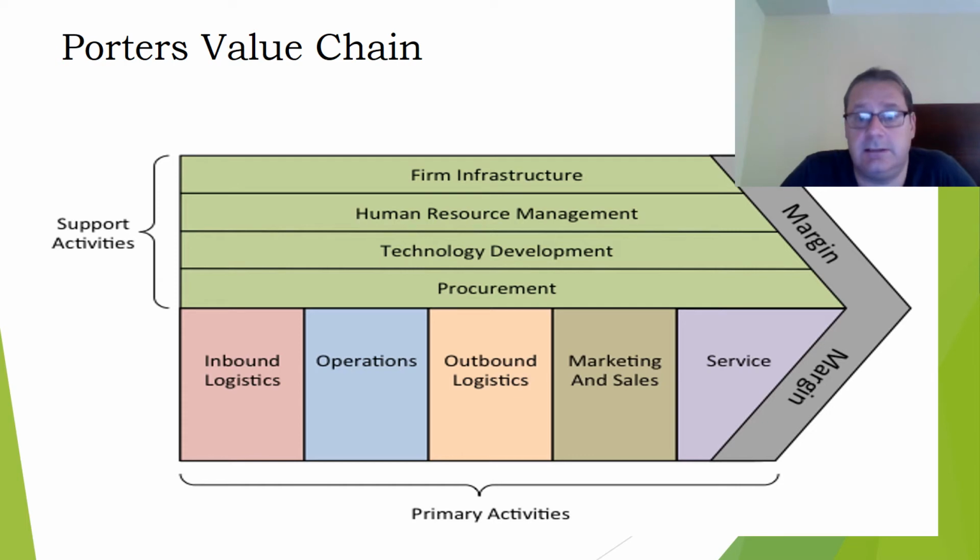So inbound logistics is the process of bringing things to you. Operations is what you actually do with them. Outbound logistics, sending your products out. Marketing and sales, the process of selling them. And service, therefore, is this idea of providing a service for those goods once they've gone. Those are your 5 primary activities. Again, as with everything in paper P5, I don't think that there's anything that's particularly difficult to do there.